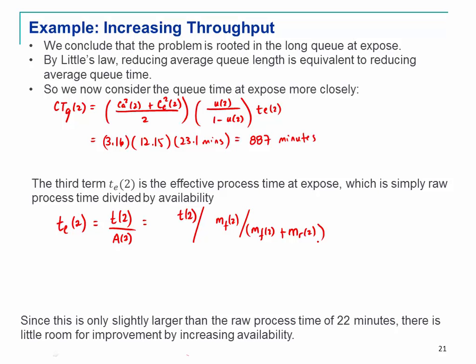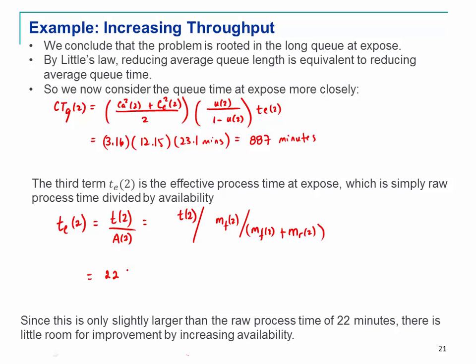Okay, so we are basically using the same equations that we learned already to expand and search for the causes of the deficiencies or inefficiency of this process. So this is going to be equal to